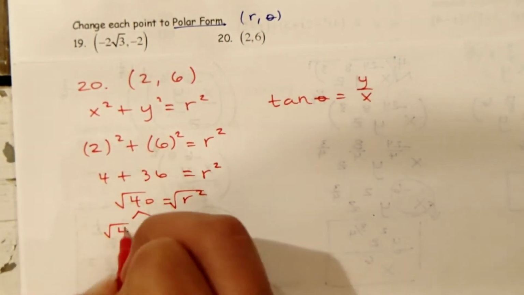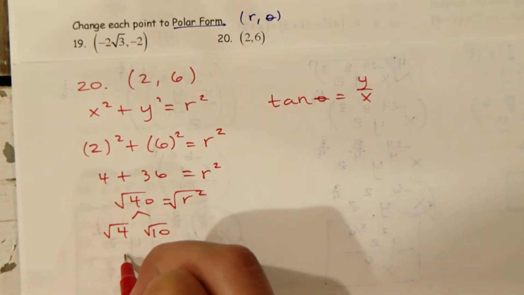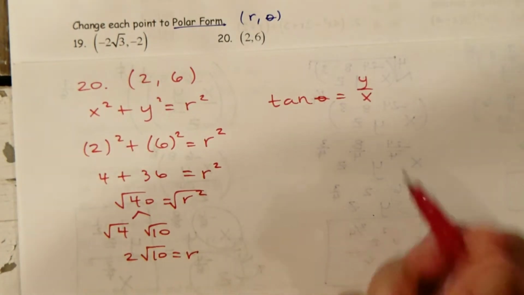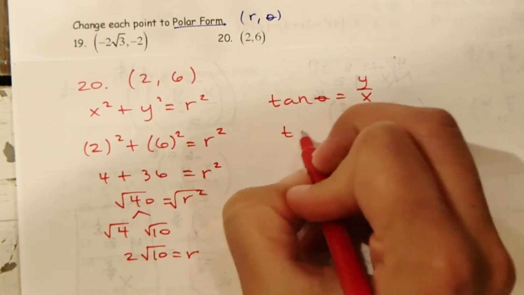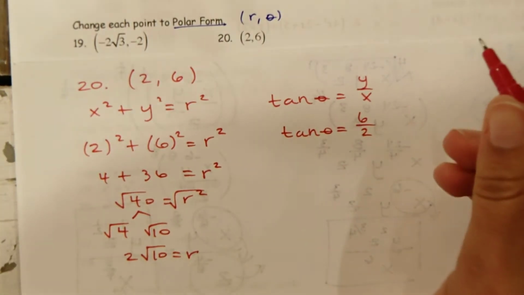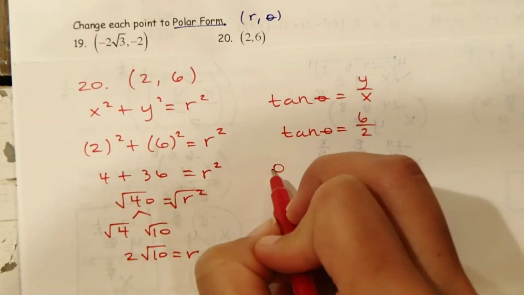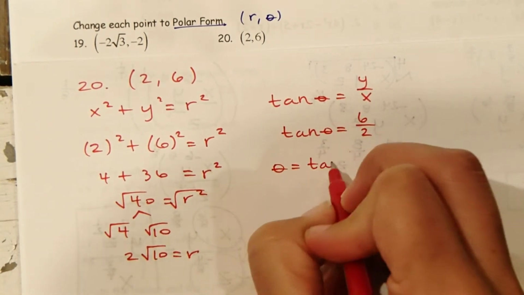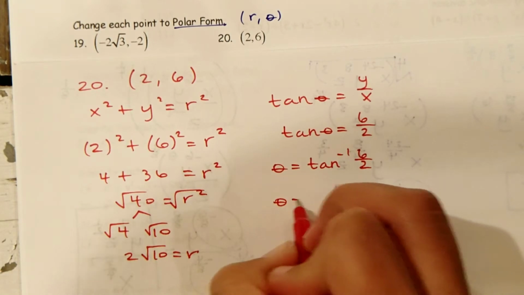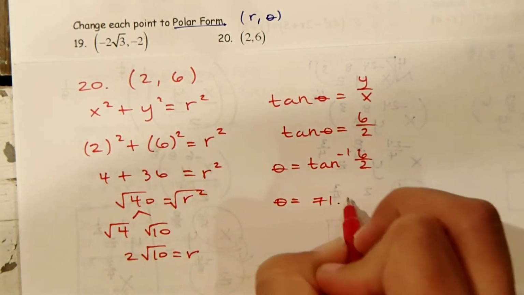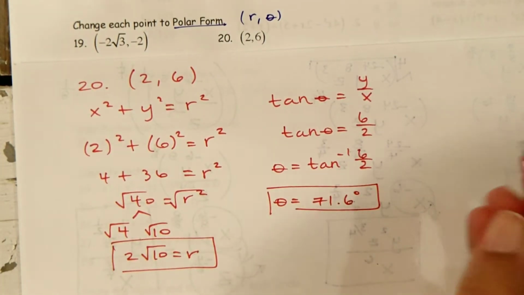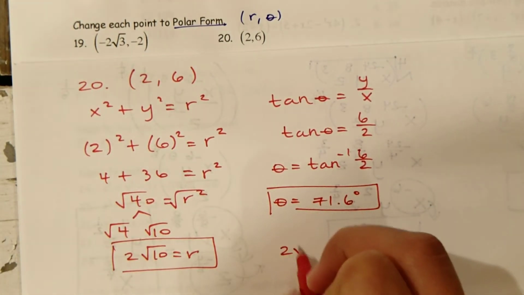This will break down to the square root of 4 times the square root of 10, which is equivalent to 2 root 10. So here's our r value. Now let's find theta. Tan theta equals y over x. In the calculator, it would be tan inverse of y over x. And so theta is going to equal 71.6 degrees. So here's our r, here's our theta. Our final answer is going to be 2 root 10,